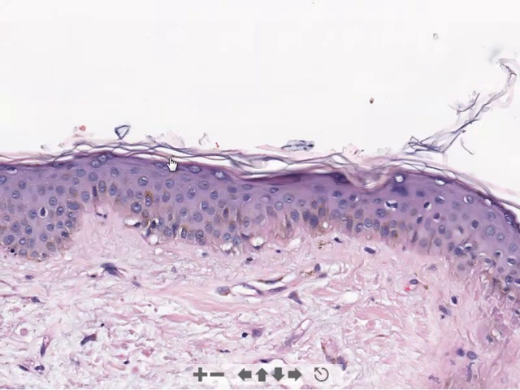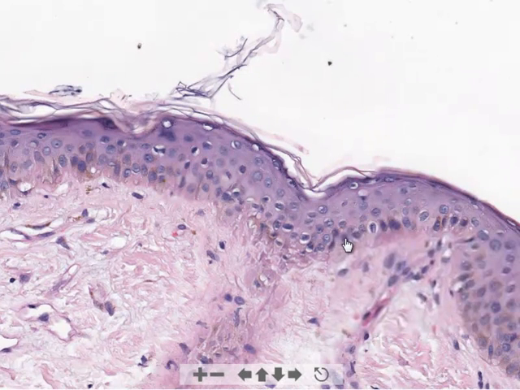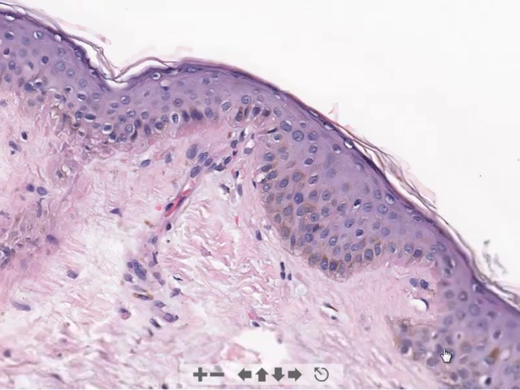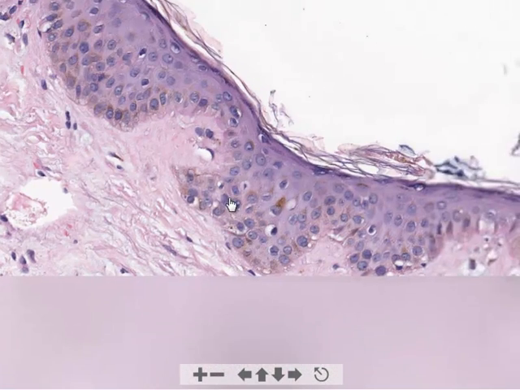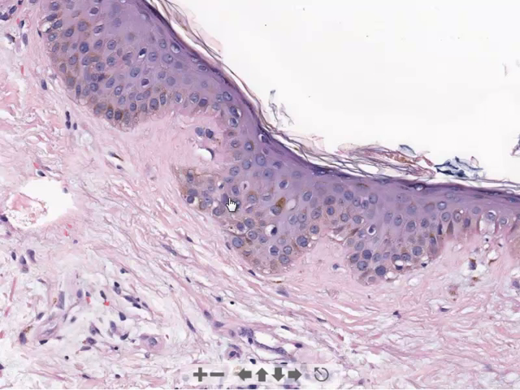Now, at higher power, we can begin to appreciate better the basket-weave stratum corneum, the areas of vacuolar change along the dermal-epidermal junction, and occasional dyskeratotic keratinocytes, which appear pink and are mostly scattered as single cells along the basal layer. This places us into a diagnostic category of